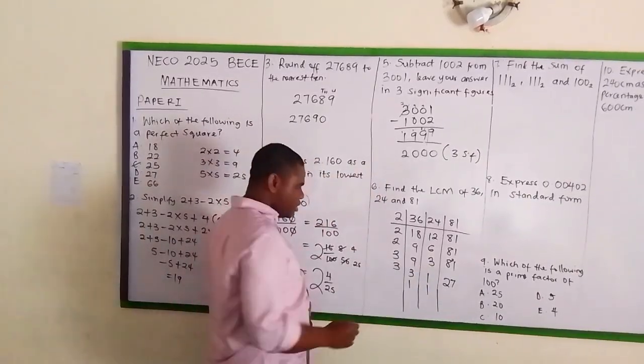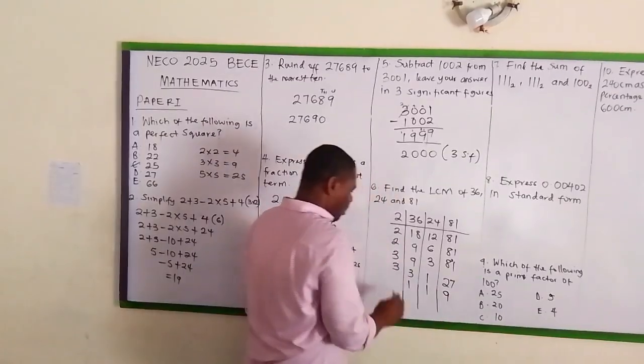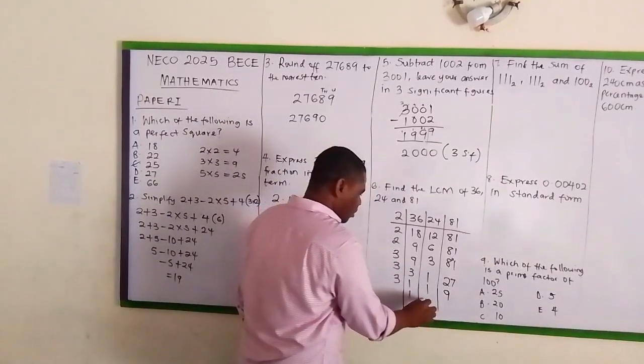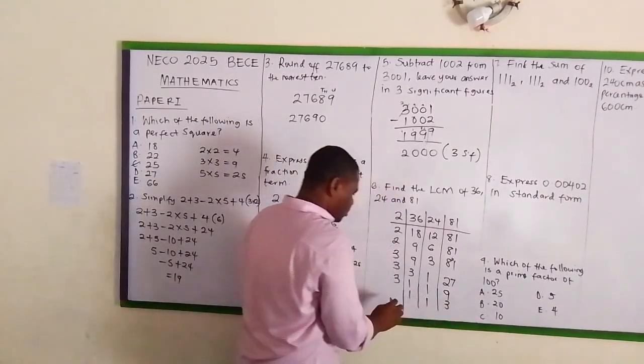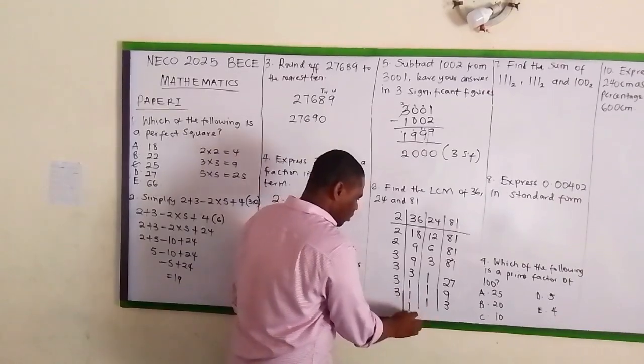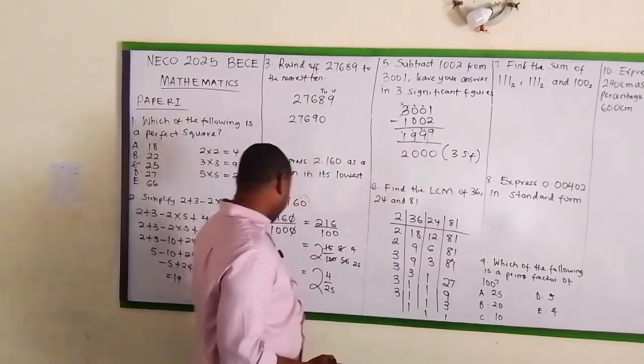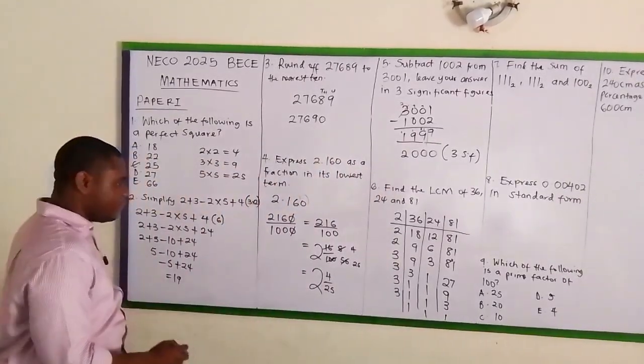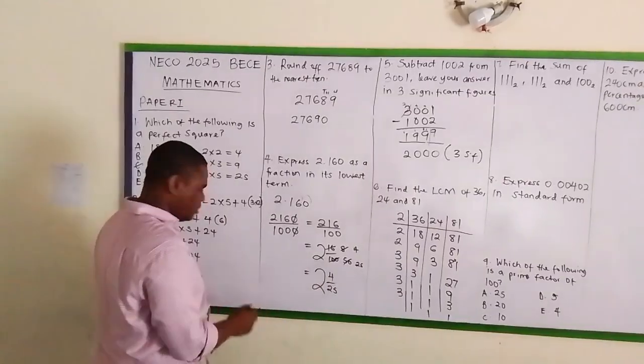3 goes into 27, that is 9 times. So I'll use it again. 3 goes in here, 1, 1, 3. So 3 goes in here, 1, 1, 1. So to find the LCM, I'll do that this other way. So the LCM in that case